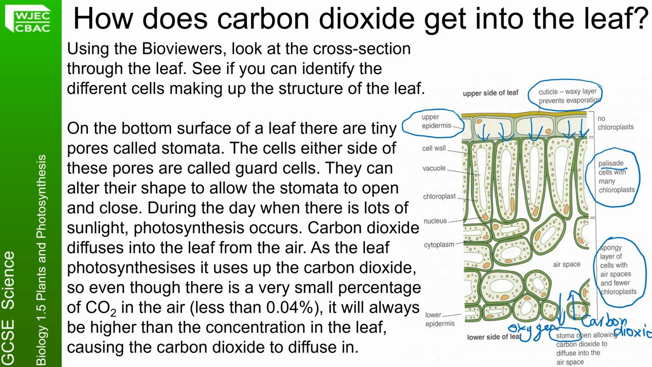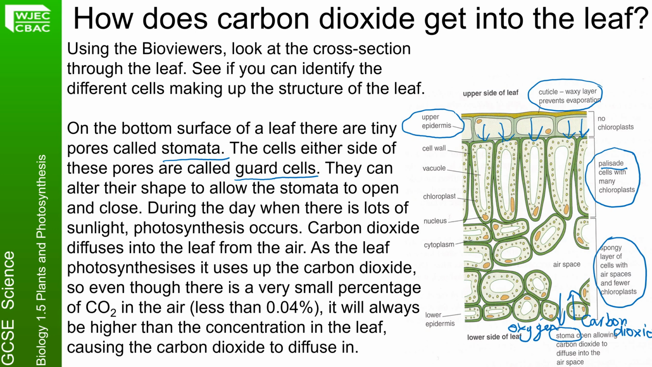At night time though, when there's no light, the plant will not be able to carry out photosynthesis, okay? So instead it will carry out respiration. So we're going to go on and look at these structures that we call stomata on the bottom surface of the leaf. The cells either side, as I mentioned, of these pores are called guard cells, and they can alter their shape. They absorb water by osmosis, okay, and they can swell, and they lose water by osmosis,